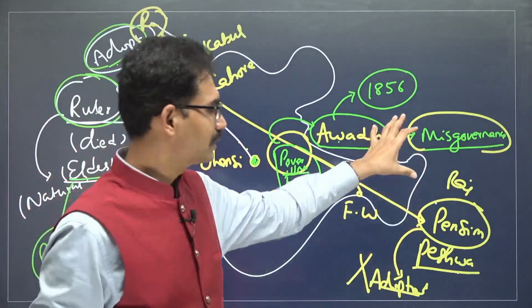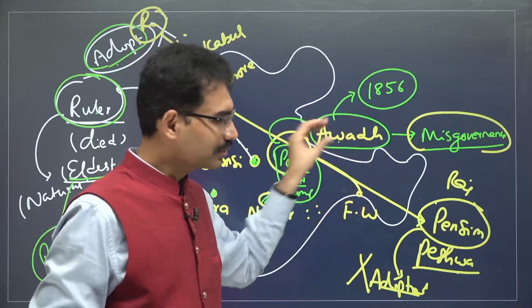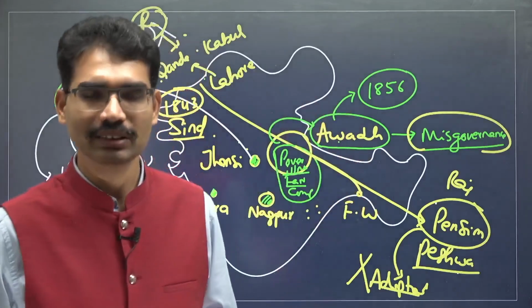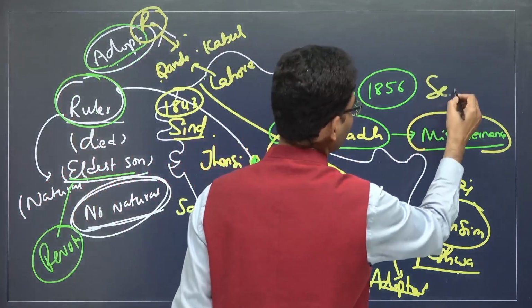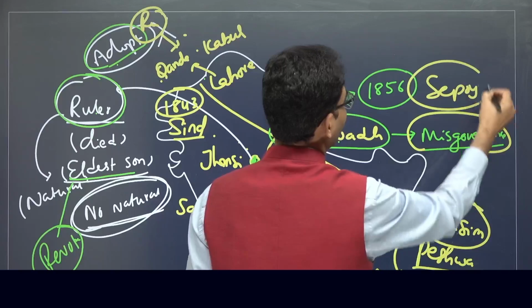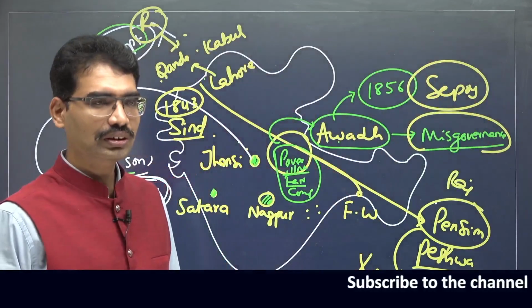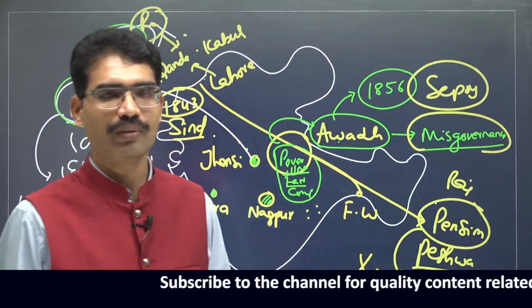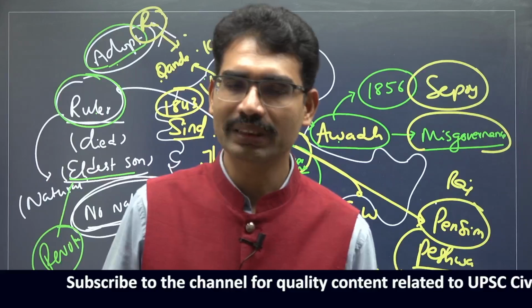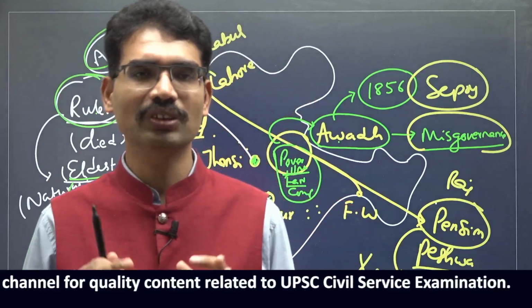And when it comes to misgovernance, Awadh, many of the soldiers in the British army come from the Awadh region. They're going to fight. That is the Sepoy revolt. The triggering element is this. Many Sepoys come from the Awadh region. 1857 revolt. The backbone of the 1857 revolt was Sepoys from the Awadh region. So in this way, through subsidiary alliance treaty, through doctrine of lapse, through the pretext of misgovernance, they are going to hurt the sentiments